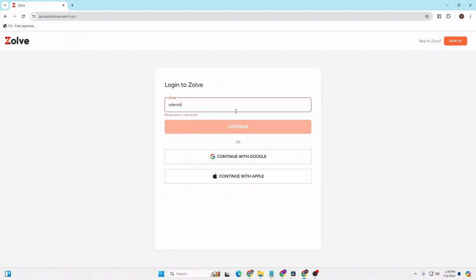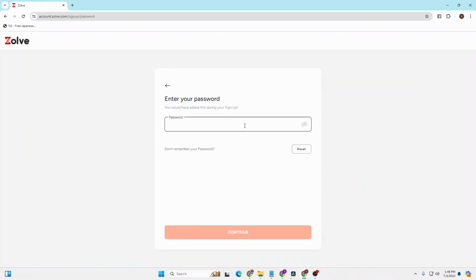Now enter your email address with which you had created an account on Zolve, or you can just simply continue with a Google or an Apple account if you wish to, guys. If you click on either of these buttons, a login panel to your Google or Apple account will open, and if you log into your respective accounts, you'll be signed into your Zolve account with your Google or your Apple account. And with that being said, guys, let's click on continue,